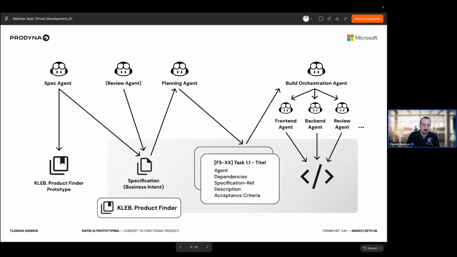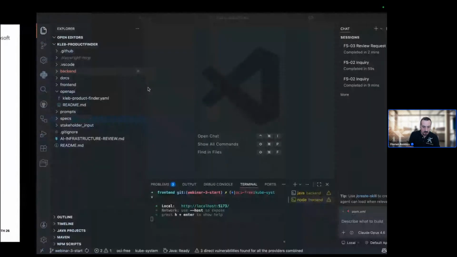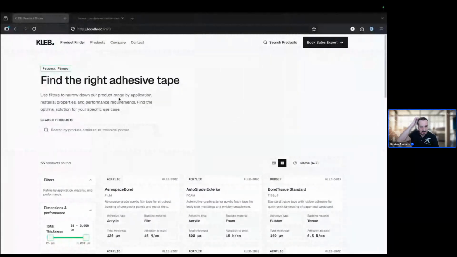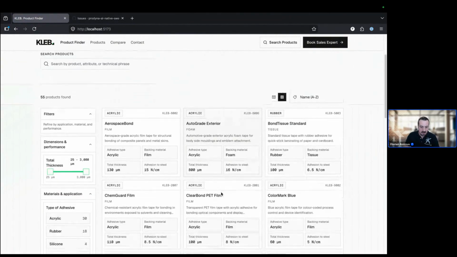And I will now go into Visual Studio Code and actually show you how this works. So first of all, I've built the basic application already, to have something that we can now iterate on. As you can see, the application is already running. We can already see the list of